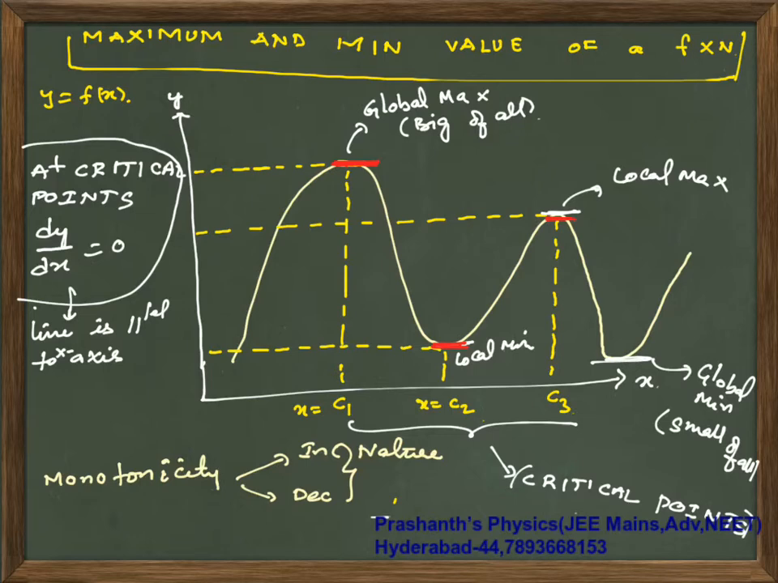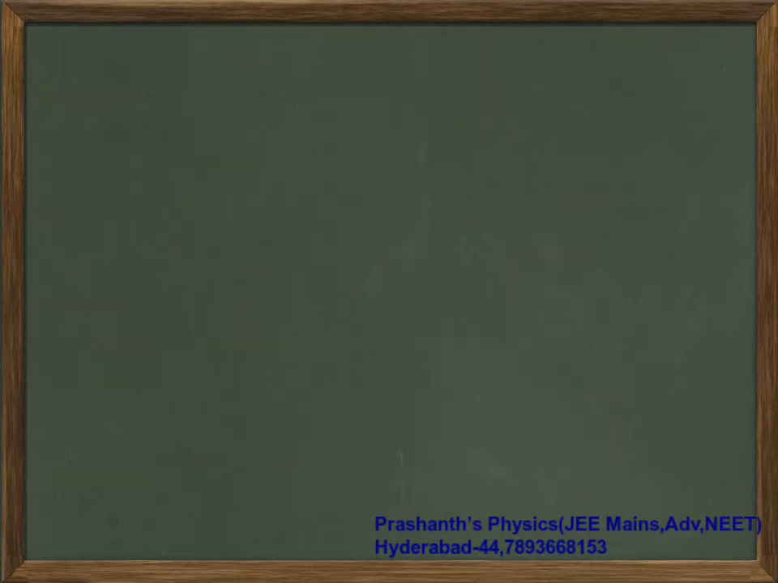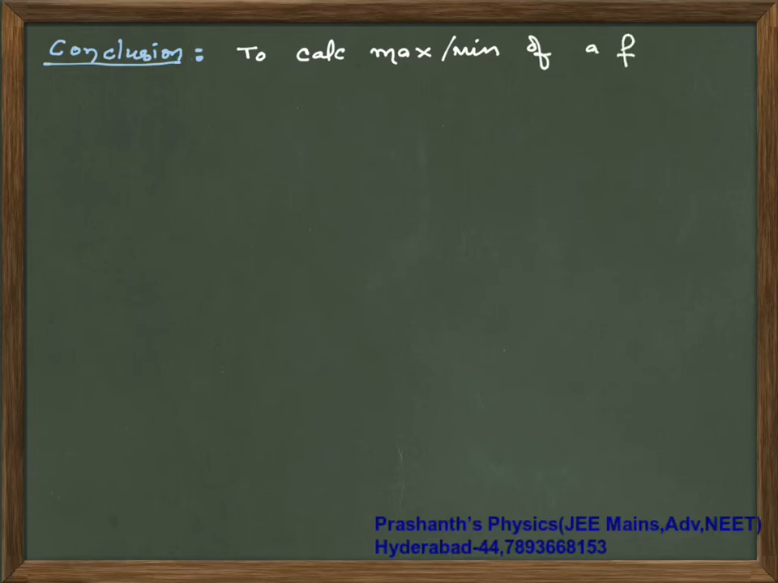Directly, if I equate the first derivative to 0, then I can actually calculate the maximum or minimum value of the function. Okay, so using this I will continue. So far, the conclusion from what I have explained is: to calculate maxima or minima of a function,